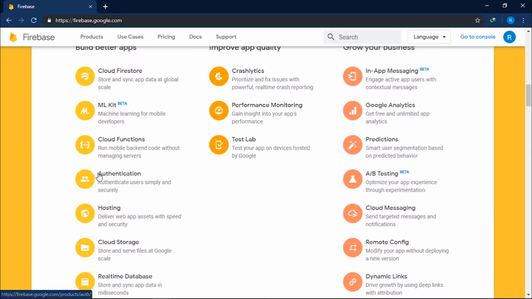Then we have cloud storage. So you can store files, documents, and images, and you can define roles for each of the users as to who can access these documents, who can download them, and who can store these files, and these are provided at a Google scale. So you can imagine the type of server quality that you are going to get from the cloud storage services.